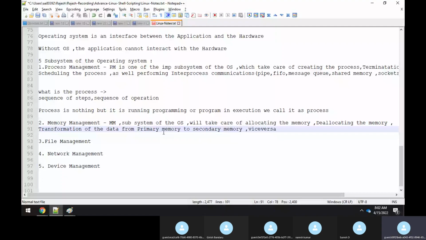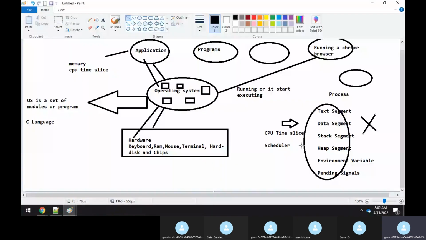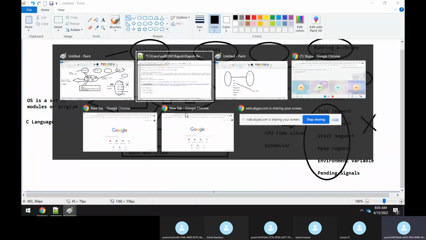Like I said earlier, whenever any process starts running or gets created, it needs some kind of memory. So the memory management model of your operating system allocates some memory to it. It takes some 5 or 10 kilobytes or a few memories and starts getting executed. Whenever this process completes its task, it has to give back or free that memory, right? So that's what the memory management model will do. After that, what else does it do?